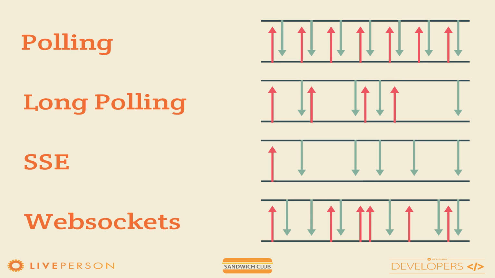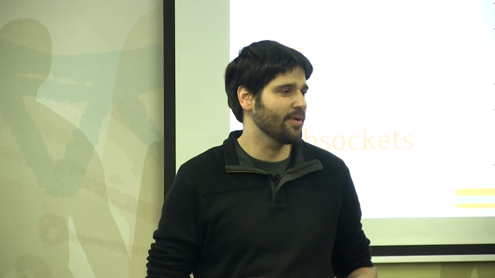The last option is WebSockets. WebSockets is a fairly new connection method. It comes from the web, not from mobile, and it really allows you to open a duplex connection with your server and transmit information back and forth as much as you want. In this case, the connection is open all the time, which, in terms of the battery use that's caused by switching the mobile radio on and off, really saves a lot of power. In terms of the data size, you have a lot fewer headers that are involved with making HTTP requests. So you can really only focus on the data that you want to send between your